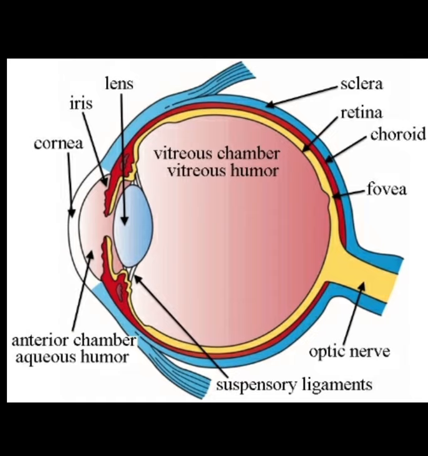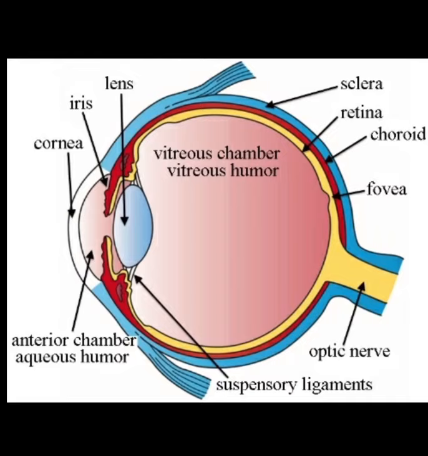It is filled with a watery fluid called aqueous humor. This aqueous humor serves two functions for our eye. First, it keeps the lens moist and protects it from physical shock. And second, it helps in refraction of light. Again I repeat, the aqueous humor keeps the lens moist and also protects it from physical shocks. And another thing, it also helps in refraction of light.